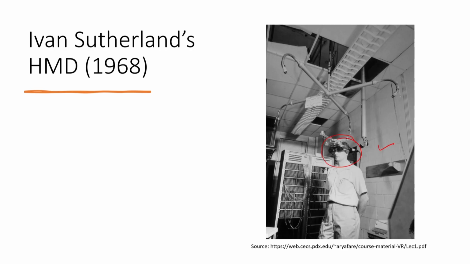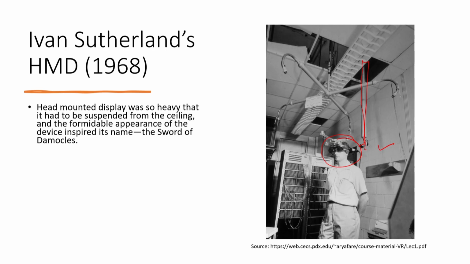So, a man with kind of a headset which is connected to a mechanism which is actually transporting those images that are being seen through the headset. So, it had a head mounted display which was so heavy that it had to be suspended from the ceiling, and the formidable appearance of this device gave it the name the Sword of Damocles. So, it was quite heavy, and hence it needed to be suspended through this rod that you can see from the ceiling. It was able to carry out head tracking, it had see through optics,